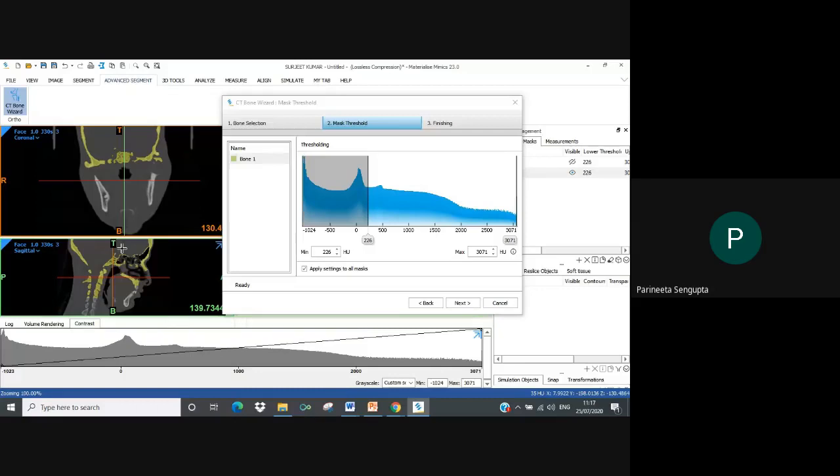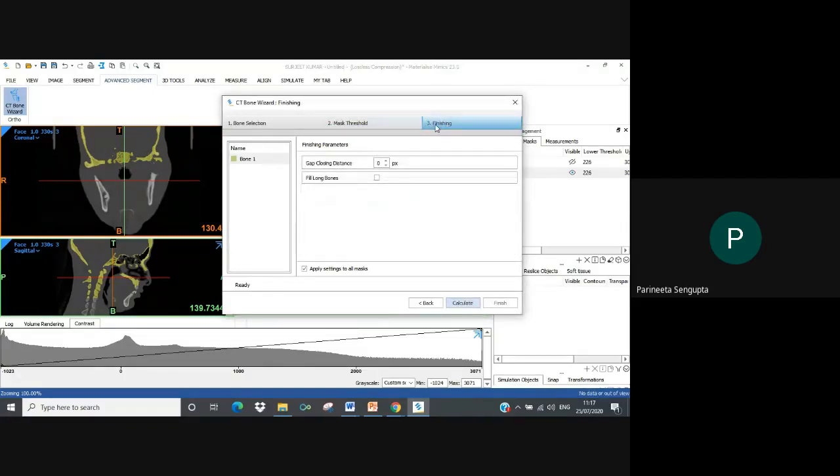After you're satisfied with your mask creation and visualization, you'll have to click next. When you click next, you get your finishing option. In here, you can add in your gap closing distance and your fill long bones. What gap closing does is basically any small hole or small opening it sees in the model, it will close it.